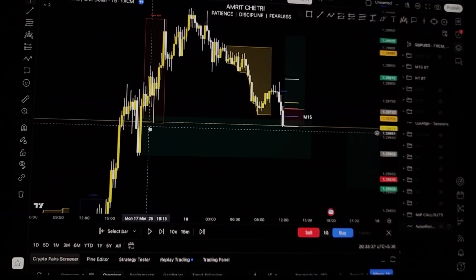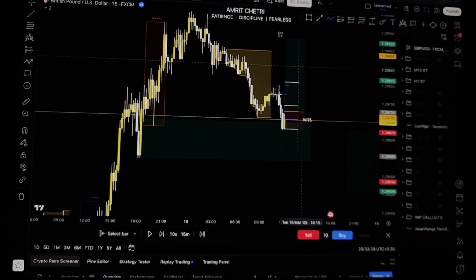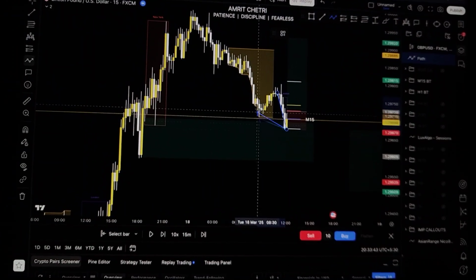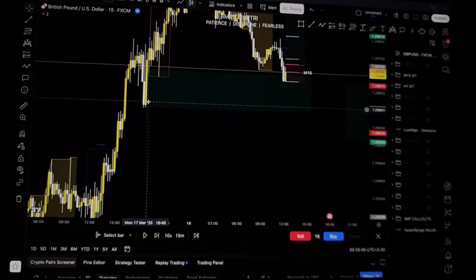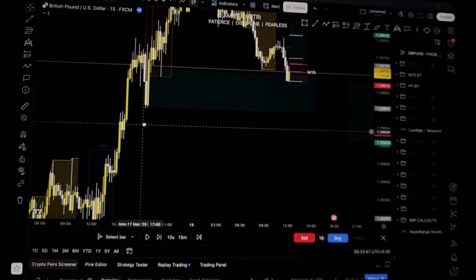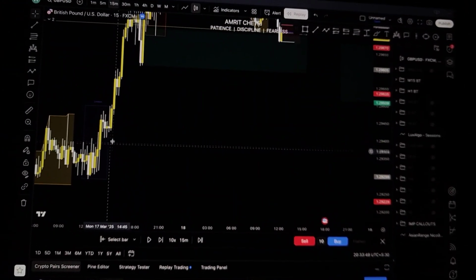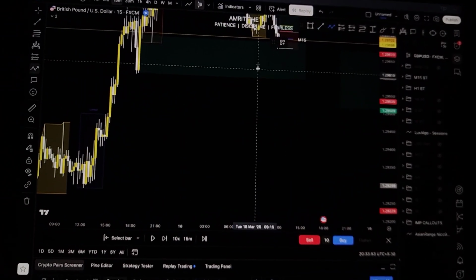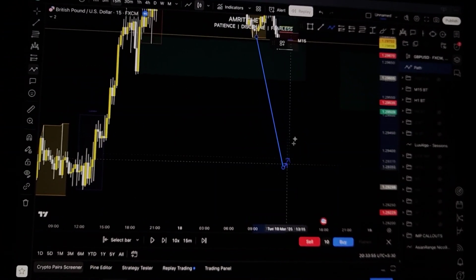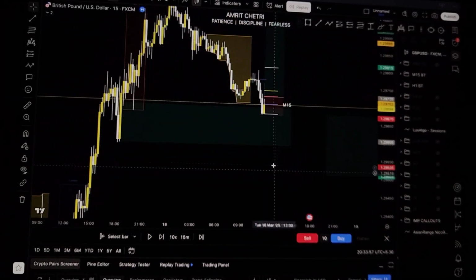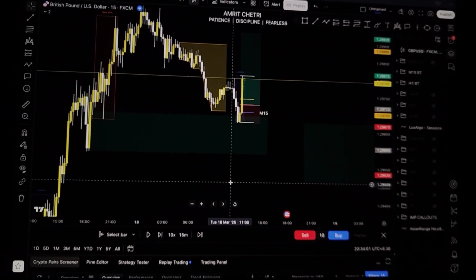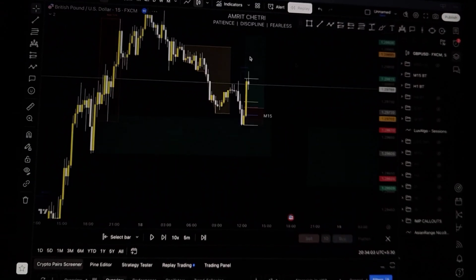So there was a beautiful demand zone here after sweeping the New York session. The previous New York session was used as liquidity right here. The Asian low liquidity was swept, and there was a beautiful demand zone right there. The London demand zone, I didn't mark it because it was very far away, and whenever the demand zones or supply zones are very far away, the price tends to not go there. If the higher time frame bias is clear and strong enough, it tends to make a move without going there.